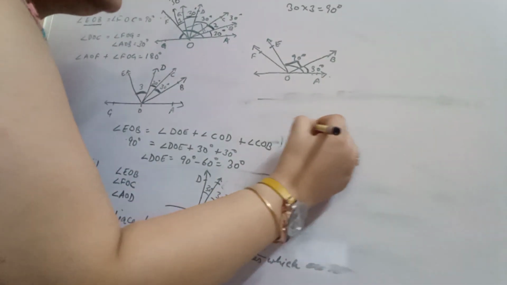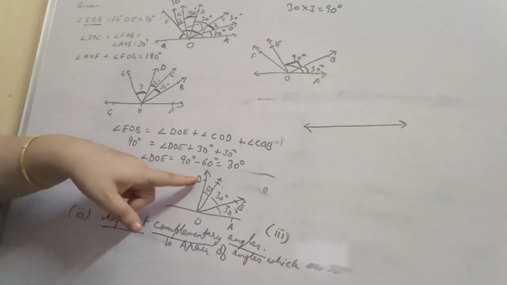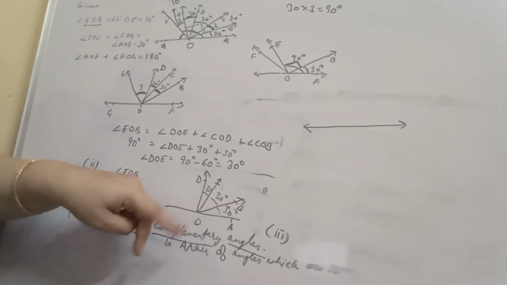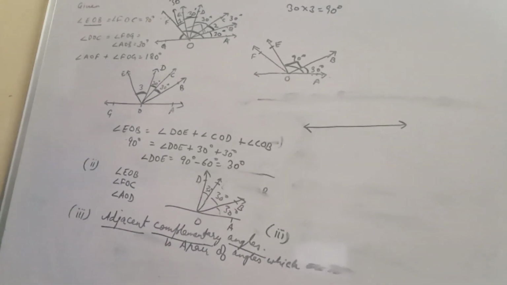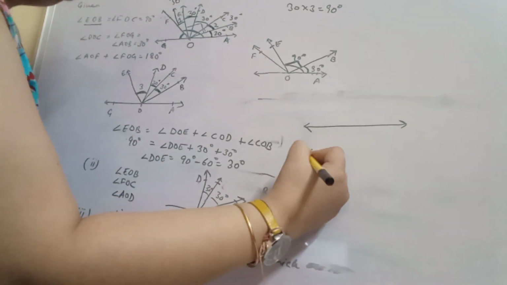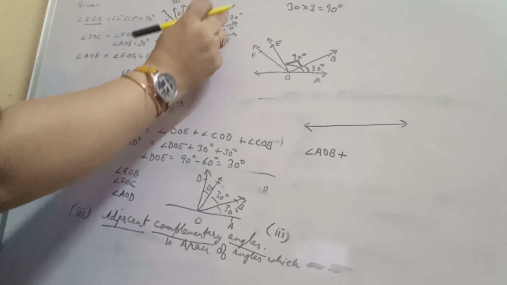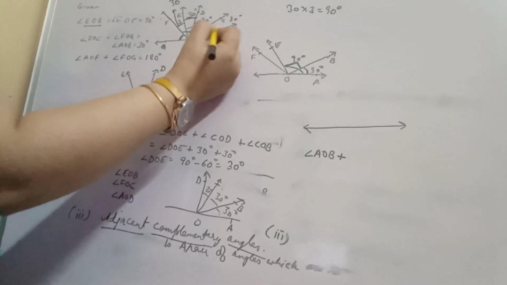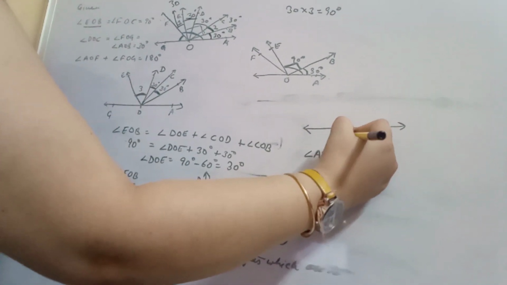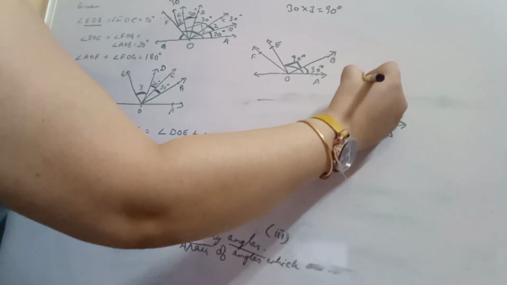So I will start with the figure. You have to write now pairs. In the previous question it was a combination of 3 angles giving 90 degree, but here you have to write a combination of 2 angles which would give you 90 degree. So each of these angles is 30 degree. So I will take one angle, it will be angle AOB, and the second angle I will take as 60 degree, not the 30 degree angle, BOD. So my figure is like this, AOB and BOD.